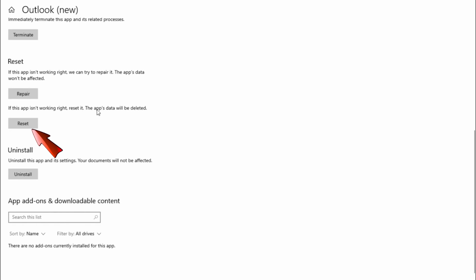You can also do the reset, and you can also uninstall the application first and then reinstall it again. So I really hope by following any of these methods, it will